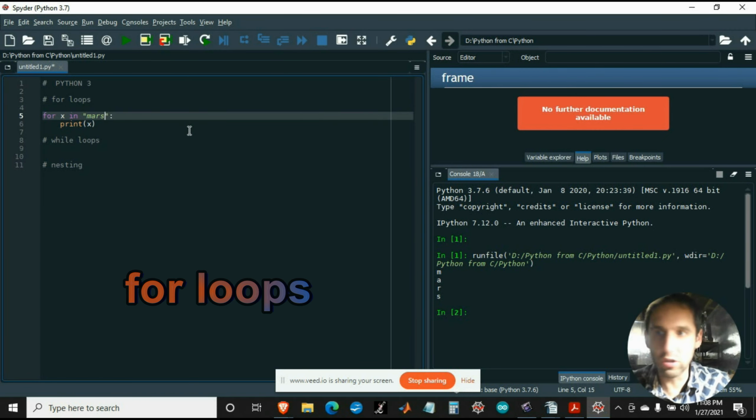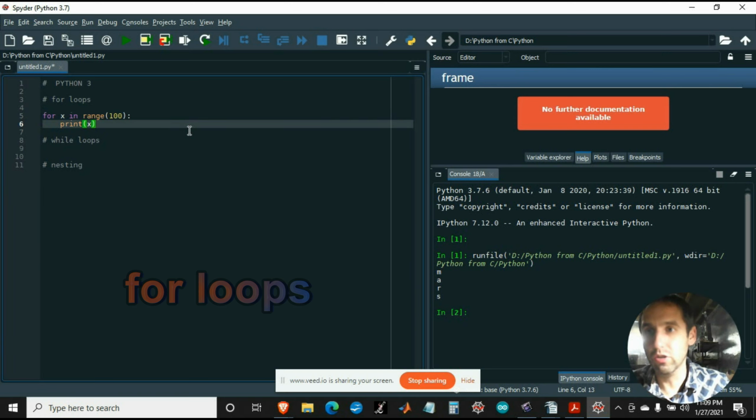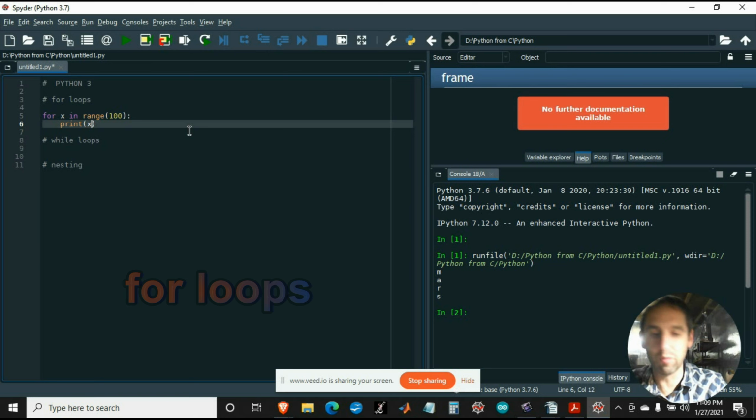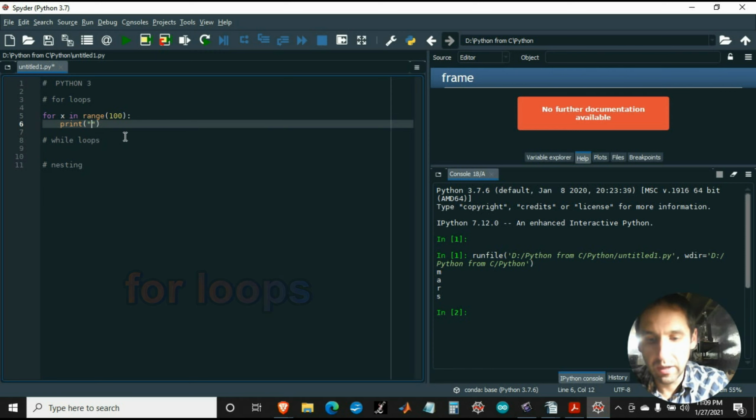There's another one I should show. There's what's called the range function. This is used all the time. So if you want to do something 100 times, 150 times, 1,000,000 times, and then you want to stop, you would just simply type in for X in range, that number, and then I'm using this simple print function because we know it, and it shows in the output window, and so I'm going to say print hello